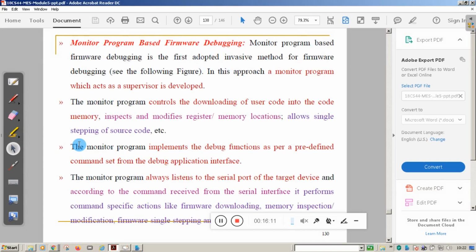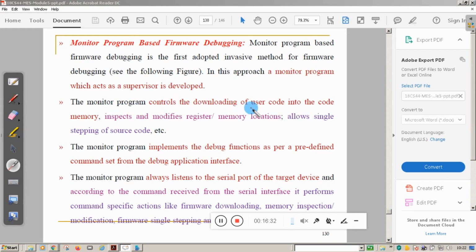So monitor program based firmware debugging. What is this? Monitor program based debugging is the first adopted method for firmware debugging. In this approach, a monitor program which acts like a supervisor is developed.